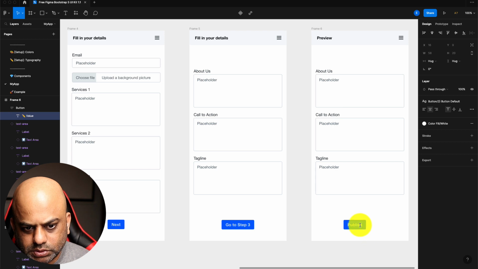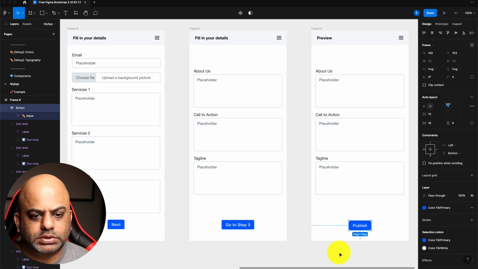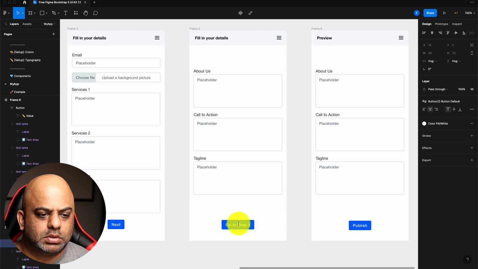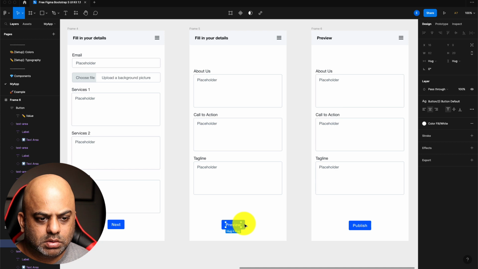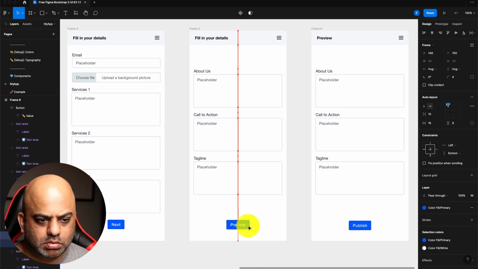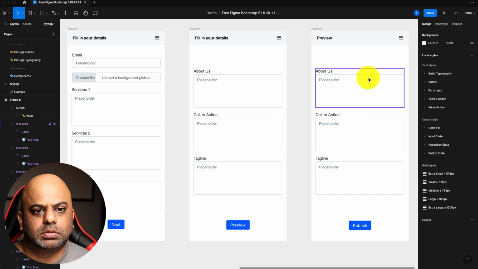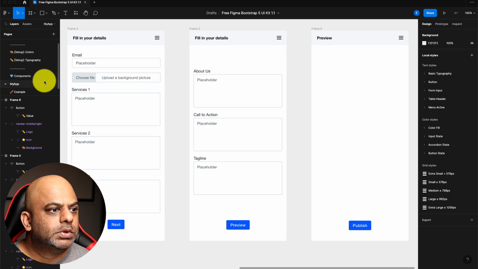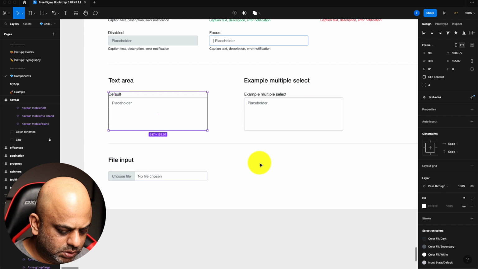Still undecided if I want to have the step numbers here or just, you know, whatever the next step is. Yeah, I'm not sure which one makes more sense now. So we'll keep it like that for now. So for the preview, it's probably just going to be an image for now.